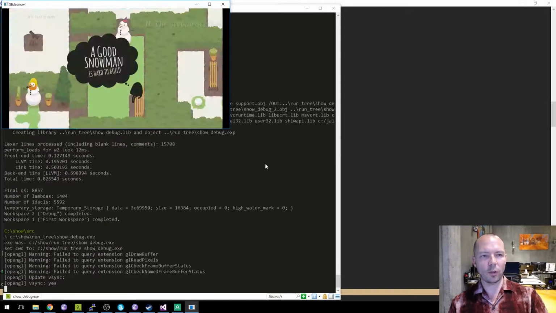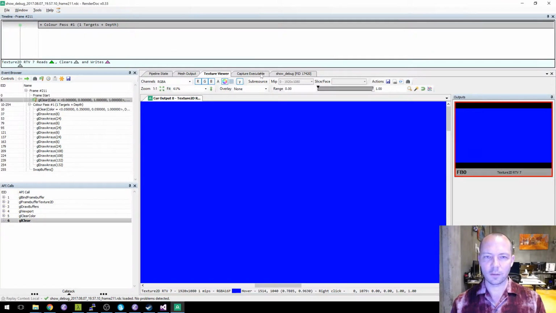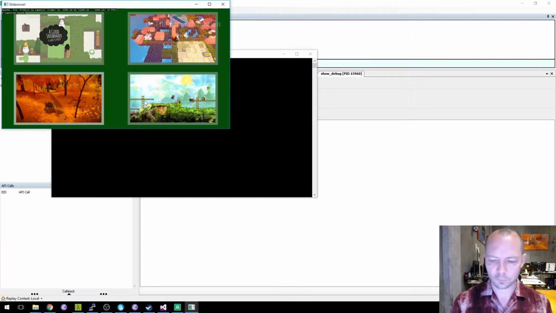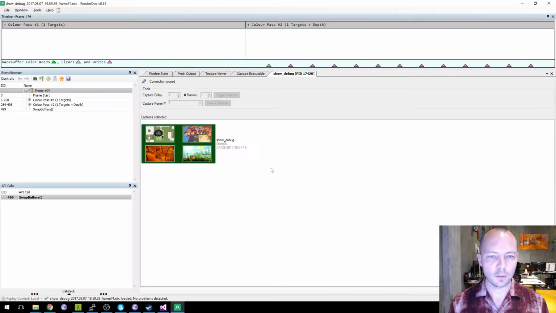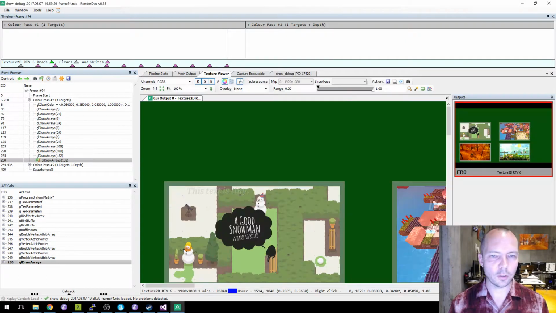Okay, so we're still seeing our front buffer one, and we'll run RenderDoc again. And we capture that. How do I ever know if it's, well, I guess I'll look at it. So we do a bunch of drawing.